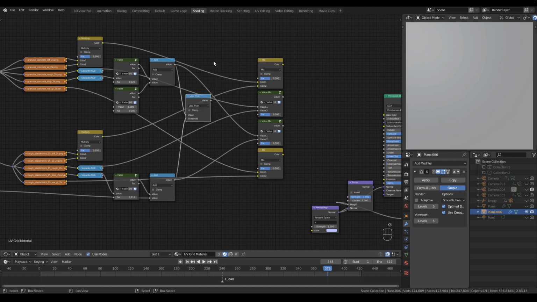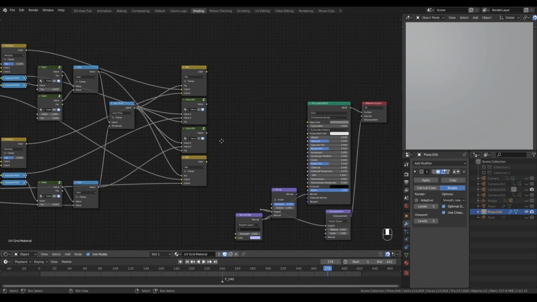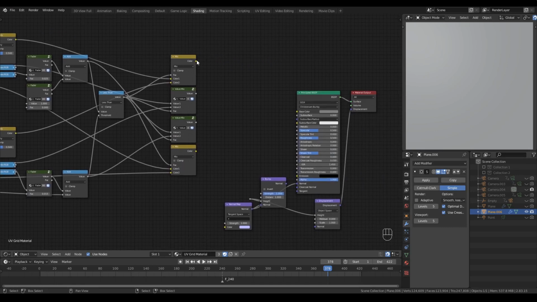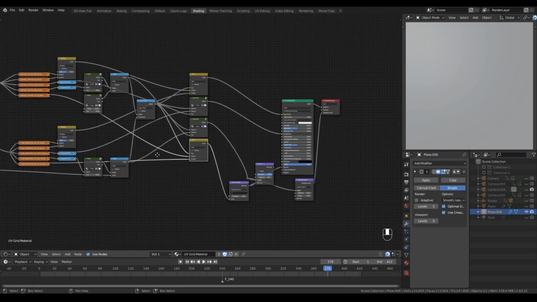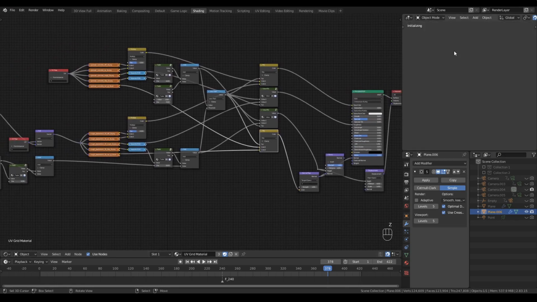Now, the result of our less than node right here controls the mix factors of all of these nodes. Now I can hook the results of the various blends to my principal shader into base color, roughness, height, and my normal map. And now when I preview,